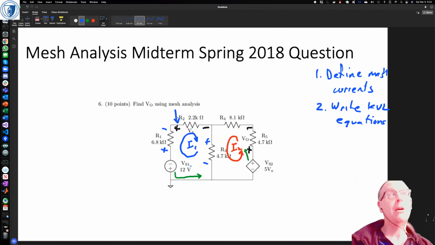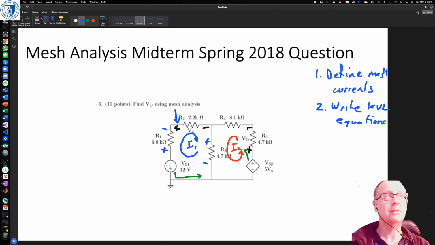I am going to do it the other way, but I'll show you. Let's do it this way first, which I think is a little less confusing, and then I'll do it the other way and show you where the confusions can happen. Okay, so